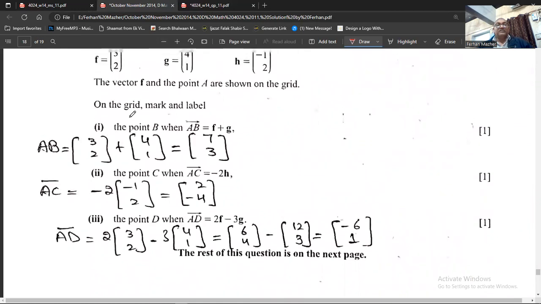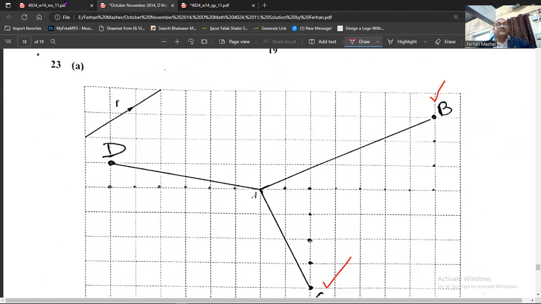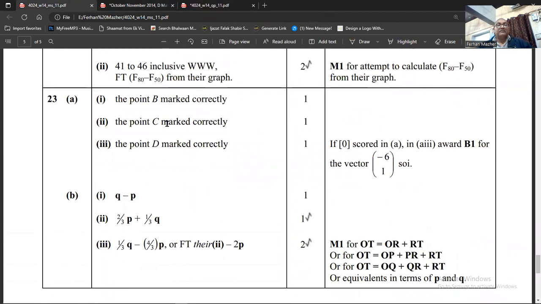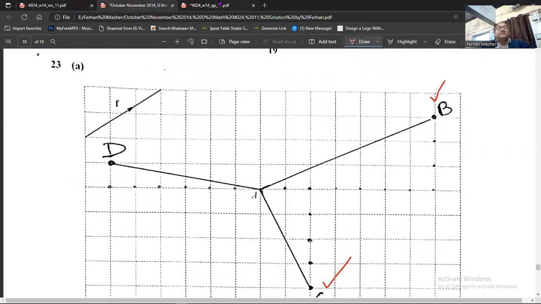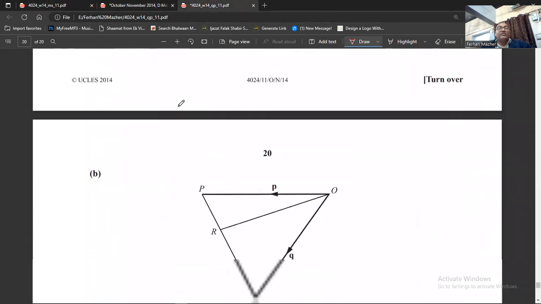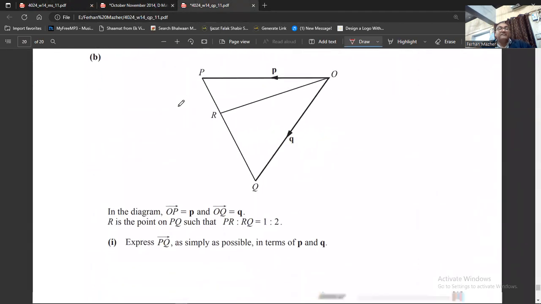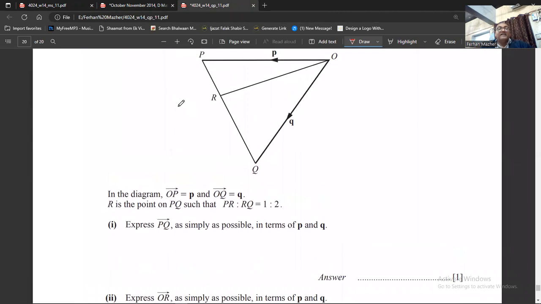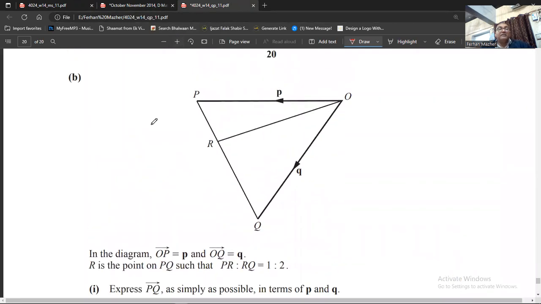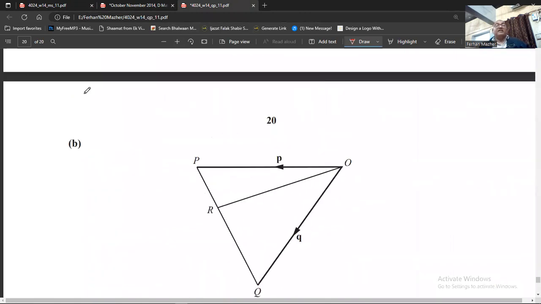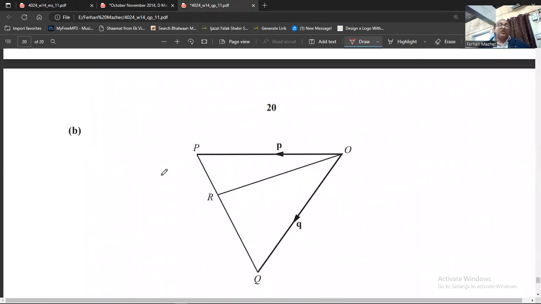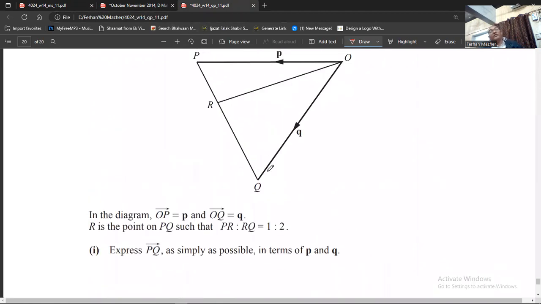This is my solution. This is how you draw it. Okay. Then we have question number 23, it's B part. Here it says in the diagram, OP is equal to small p, OQ is equal to small q, R is the point on PQ